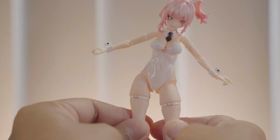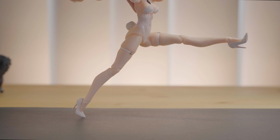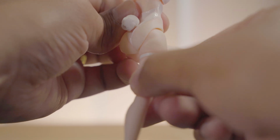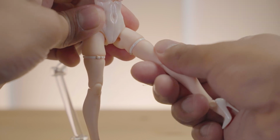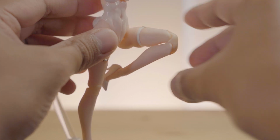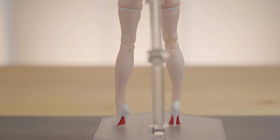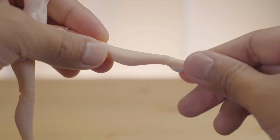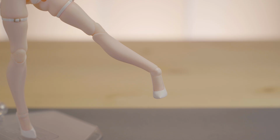She has good hip movement. Legs can go forward great but not much going back as it's hindered by her bum. She can do a full side-to-side split. There's full rotation on the thighs, and legs bend more than 90 degrees with a double joint. Her feet have full rotation, can swivel forward and back this much, and allow you to pivot, although there's no